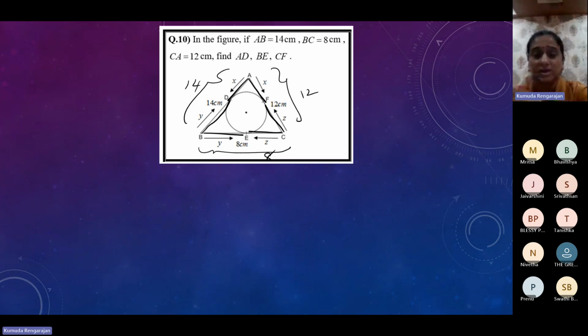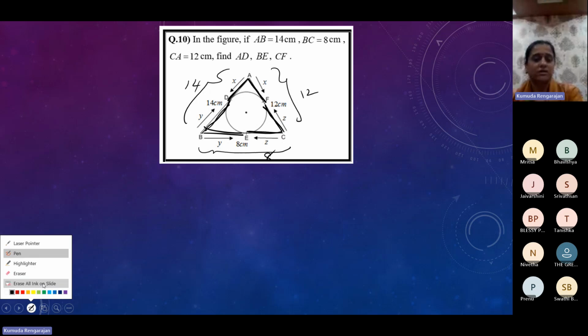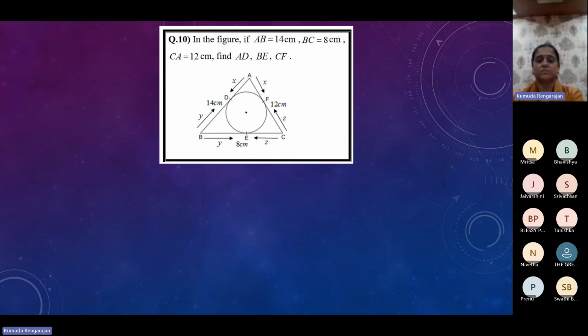We got such equations because they are tangents from an external point of the circle. That's why this is X, this is also X. This is Y, Y. Z, Z. So you'll get the 3 equations, write them one below the other, add the equations and